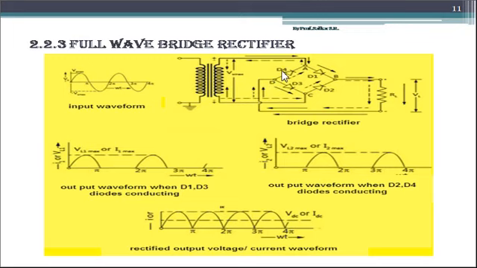From point D it goes to diode D4. Now diode D4 is also forward biased due to the negative half of the input AC signal. Now this diode D4 is forward biased, which gives us the output. Now the dotted waveform travels through the point A, then it goes in this direction, that is the dotted line you have to follow, and then again it goes to the transformer secondary and continues the same path as long as the input AC signal is on or the input to the transformer is on.